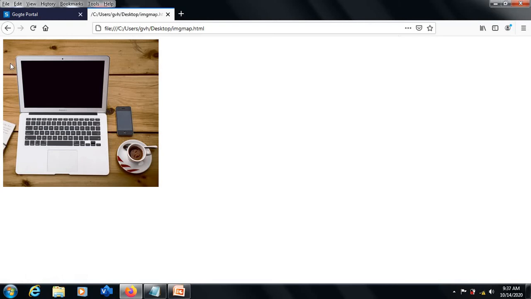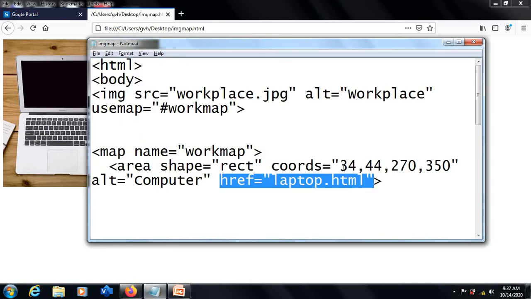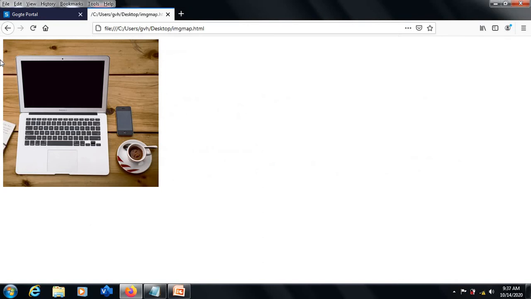To tell my HTML file to start considering the laptop from this corner, I have told my HTML page to start considering from left 34 pixels, which means HTML will leave these 34 pixels and from left it will start from this point, which is the 34th pixel in the image.